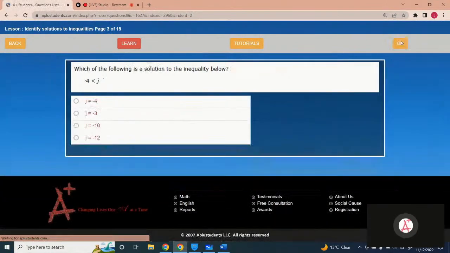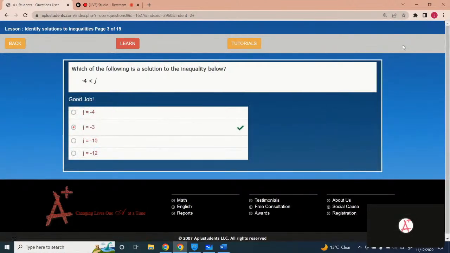Okay, the next one is negative 4 is less than j. So which option is the correct one? The first option is negative 4. Is negative 4 less than negative 4? No. Just check the second one. Is negative 4 less than negative 3? Yes, negative 4 is less than negative 3. The other two numbers are